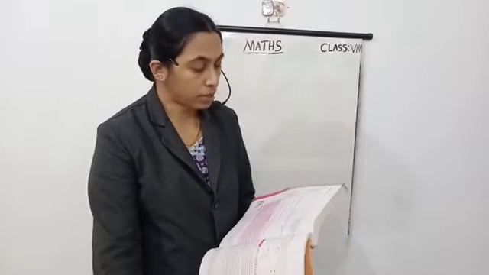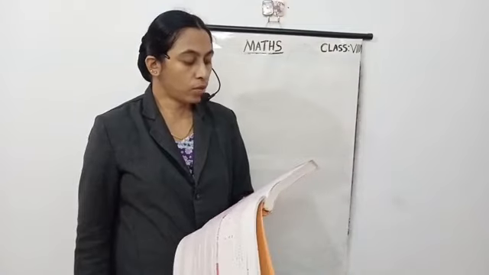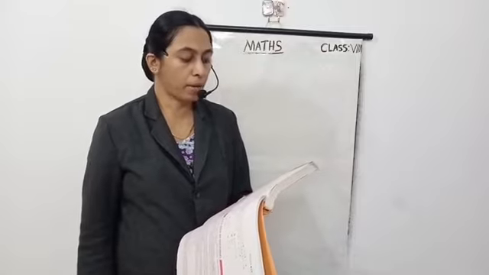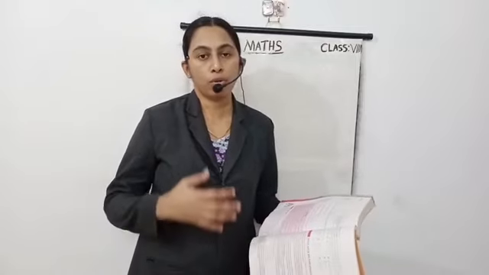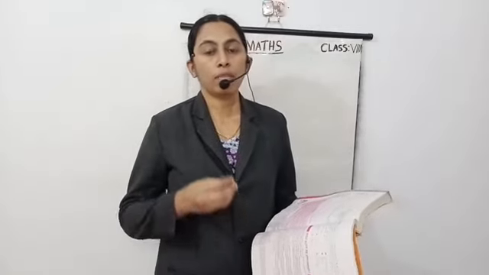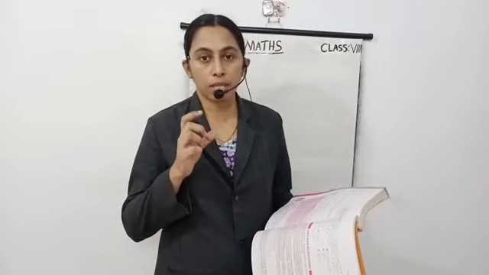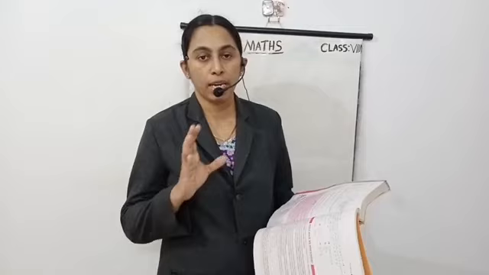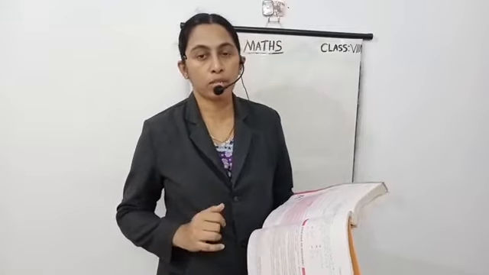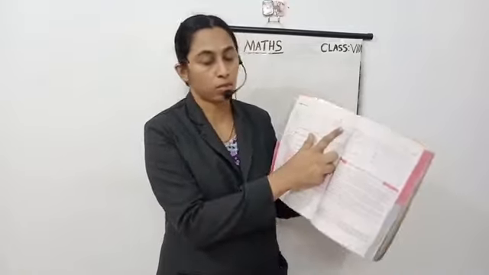Now take the next page, 228. The next error is this one. Make sure, before applying any formula, whether the formula is really applicable. If we are doing a factorization question, we make sure that if we choose one identity, it is correct and perfect for that question. Is it perfect for that question or not? That you must make sure. Then only choose one identity. Okay. And next is this one.